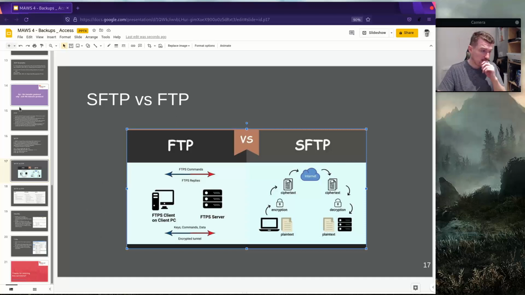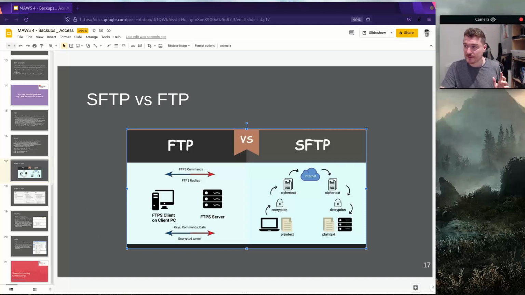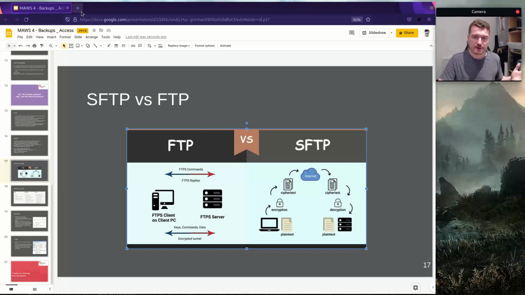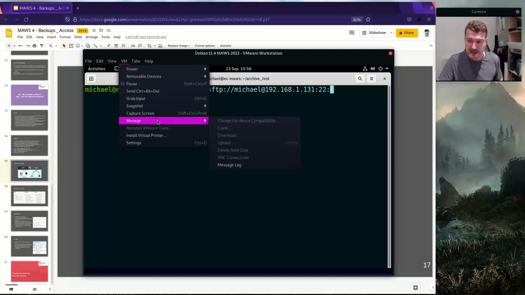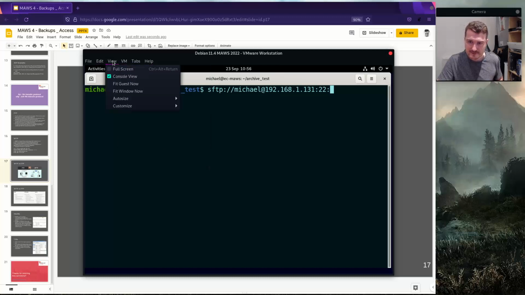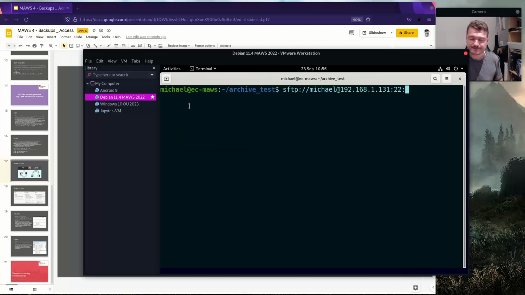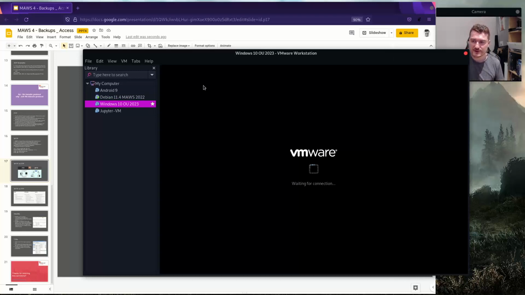Okay, so hopefully you might have heard of this before, but if not, we'll have a look at how to set up Filezilla. So what I think I might do is fire up my Windows 10 library VM, view, customize, library. Fire up my old Windows 10 machine here so that we can